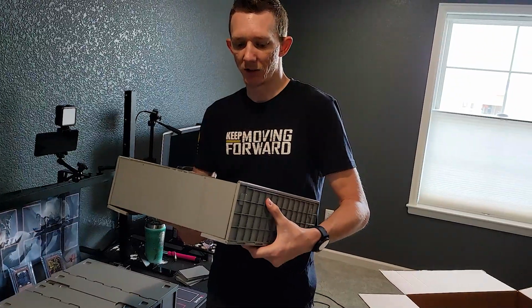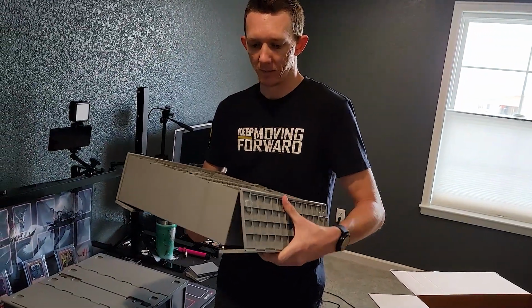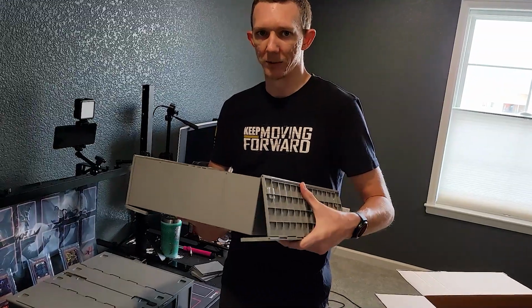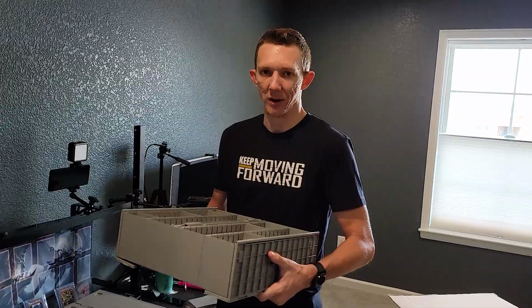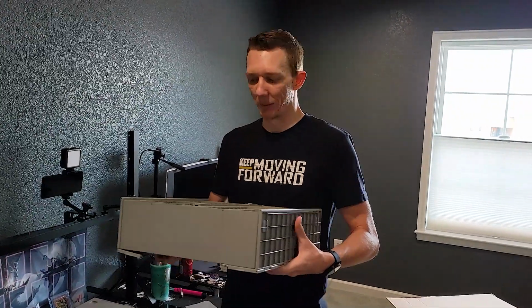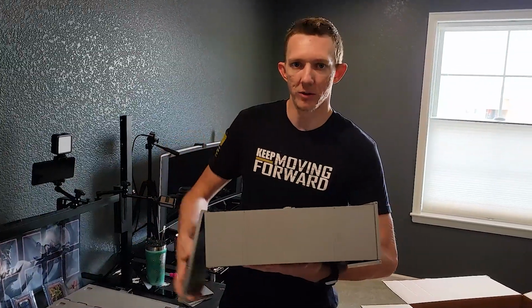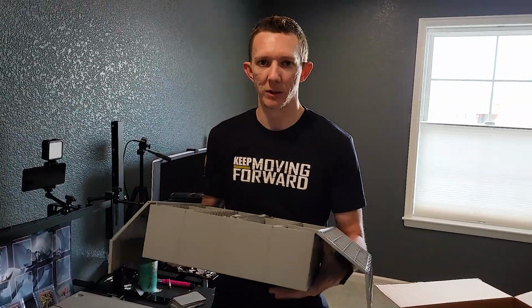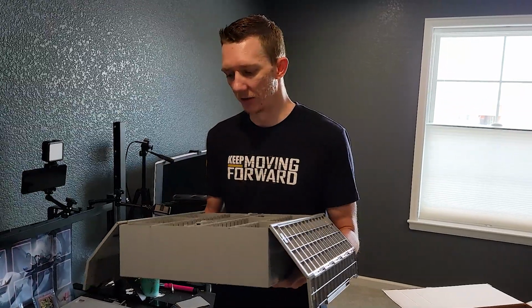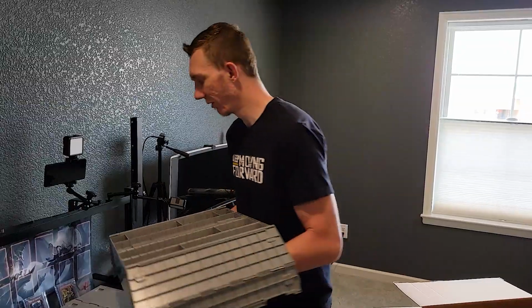Another thing to watch out for is when you're holding them, these do move, right? Even though the notches are in there, if you don't have it all the way in there, it can move around, and you can slip and drop this pretty easily, I think. We have some valuable cards in here, so I wouldn't want to slip and drop that. So be very careful holding it with these on the bottom. I'm not sure I like holding them that way actually, just because they're moving parts. So be very cautious about that. But otherwise, definitely heavy,